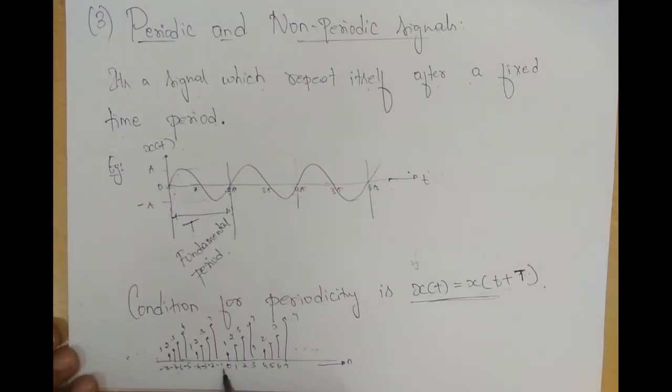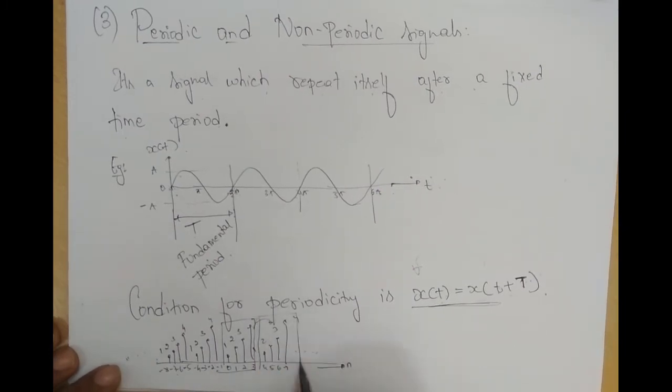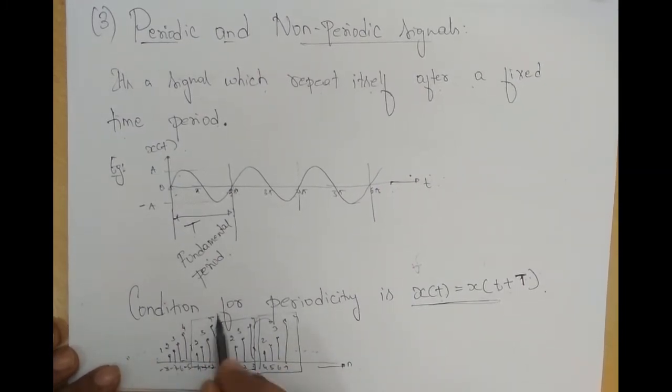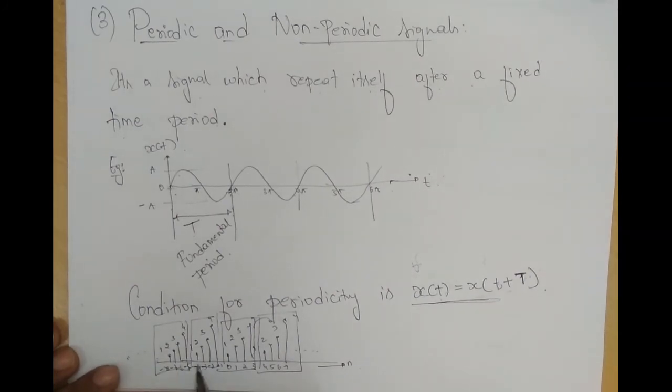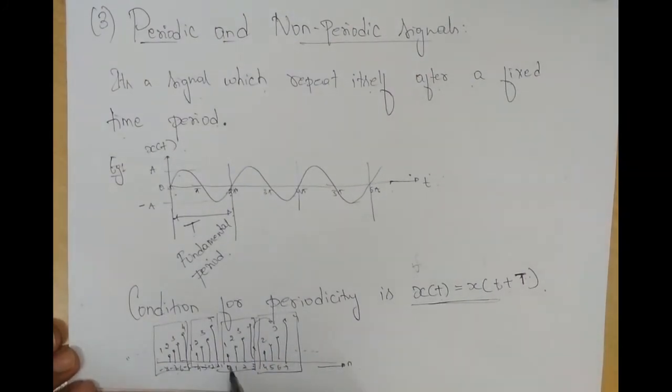What's happening here is this signal is repeating every how many samples? It is repeating every 4 samples, right? So 1 2 3 4. So this pattern repeats here, right? And the same pattern repeats here also, right? So for every 4 samples it is repeating, even for every 8 samples it is repeating. But what is the smallest value for which the signal is repeating? It is 4 samples, right?